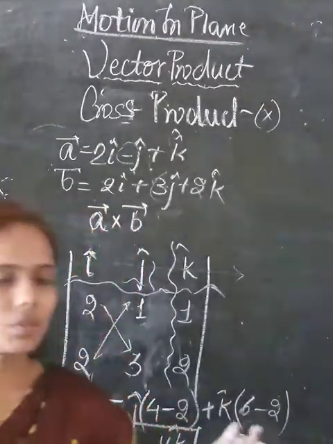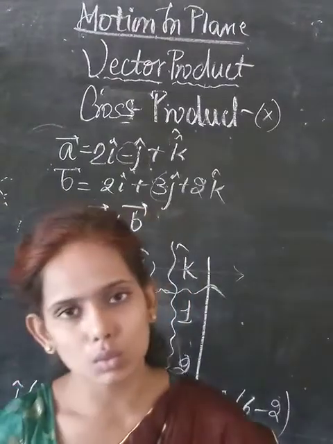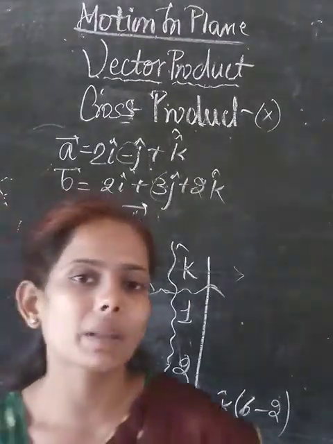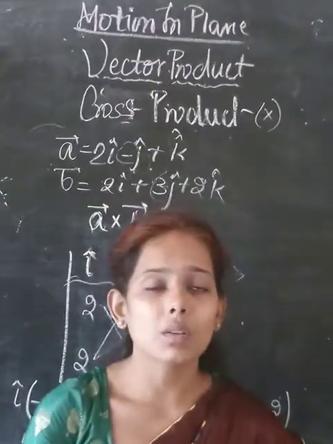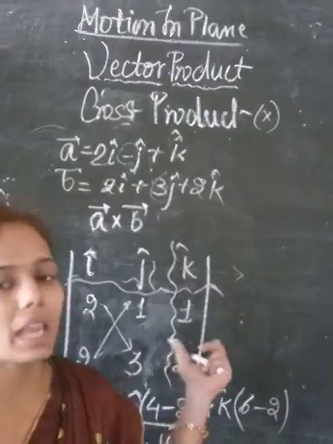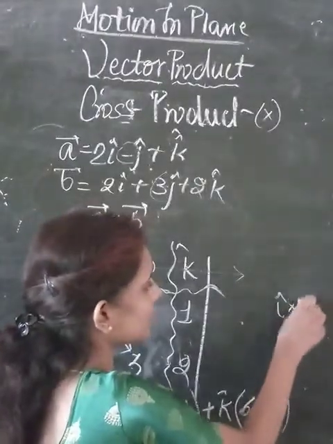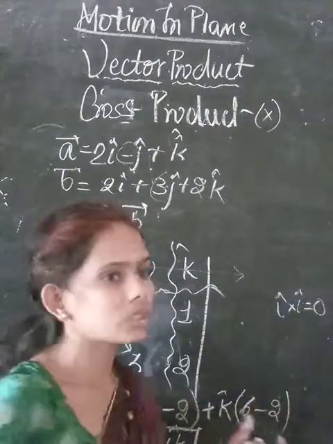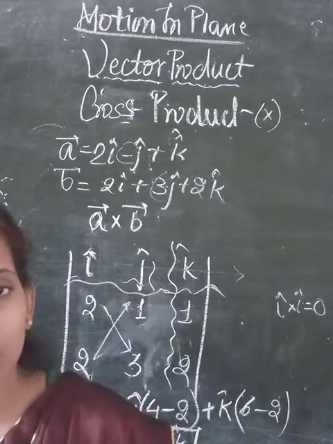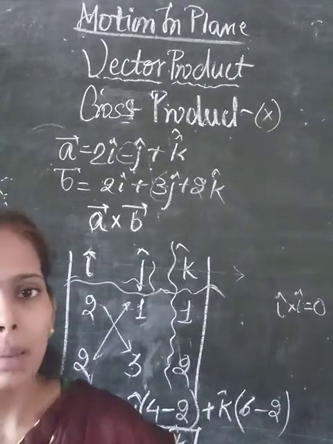Okay, so in the next session we will be seeing more numericals. Now you just think about how to solve these questions and what to remember, that is, i dot i as a dot product, and then i cross i. So remember this: whenever you multiply in the cross product, the same vectors will cancel each other. That is, i cross i will be 0, because it is a vector quantity, and if two vectors in the same direction are multiplied with each other, then the value will be 0. And if it is a scalar quantity, then it will multiply, and it will change only in the magnitude value.